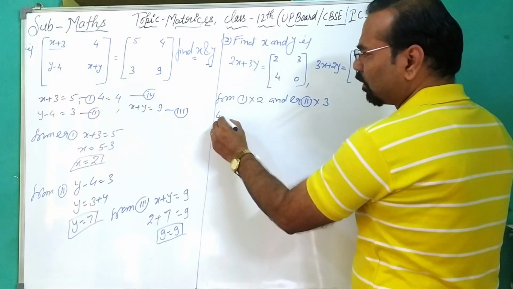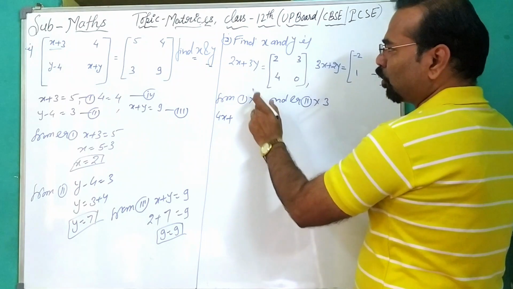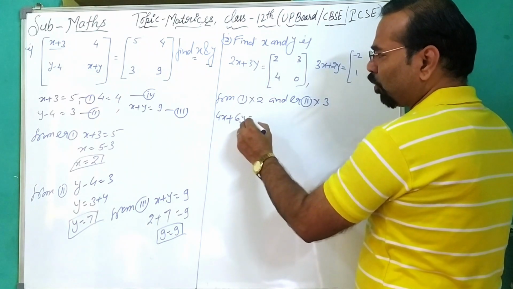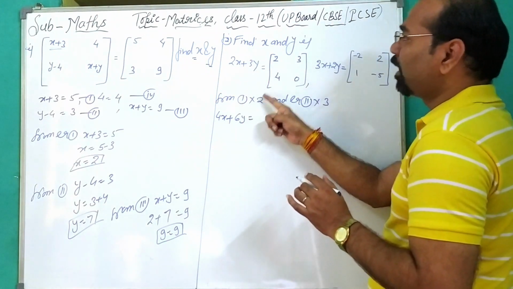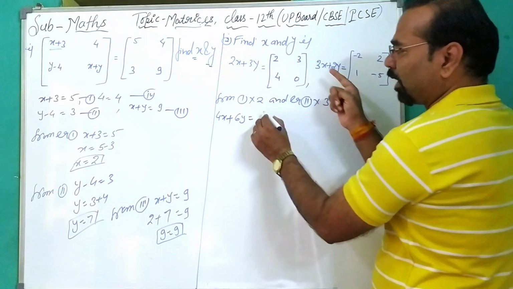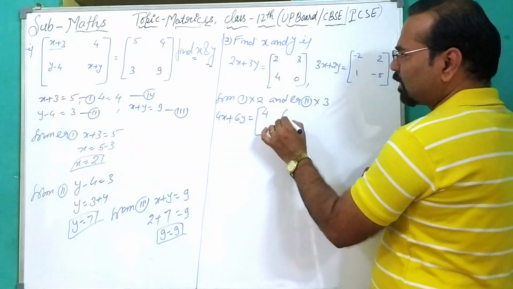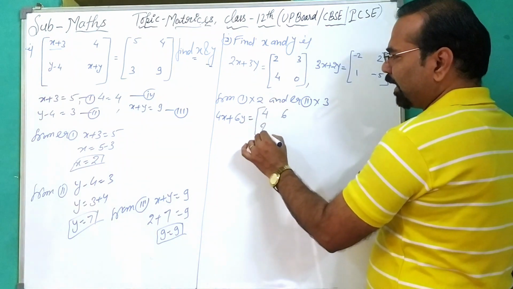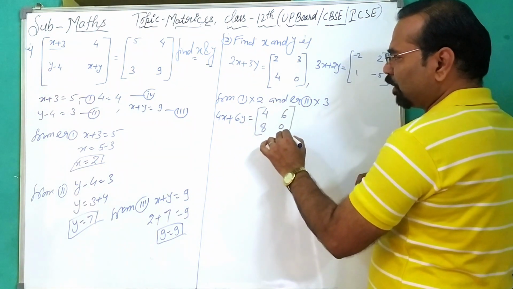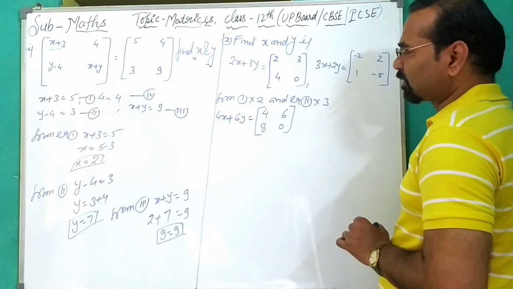तो 2 2s are 4x plus 2 3s are 6y. ओके, ये तो आपने किया. अब इस 2 का मल्टीप्लाई आपके मैट्रिक्स में भी होगा. मैट्रिक्स क्या क्या बने? 2 2 जा यहाँ भी 4 हो गया, 3 2 जा 6, 4 2 जा 8 and 2 0 जा 0. That is another equation, that is the equation third.